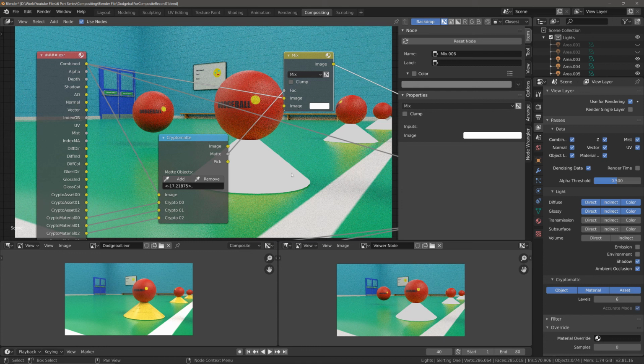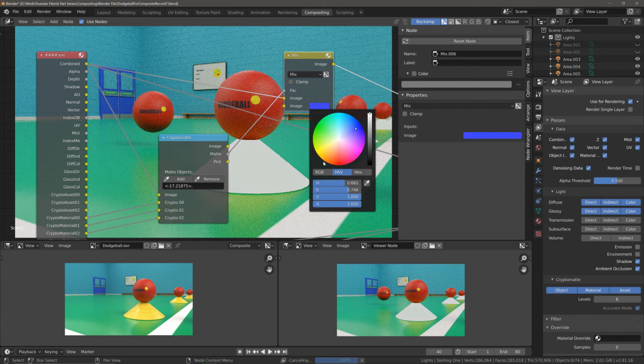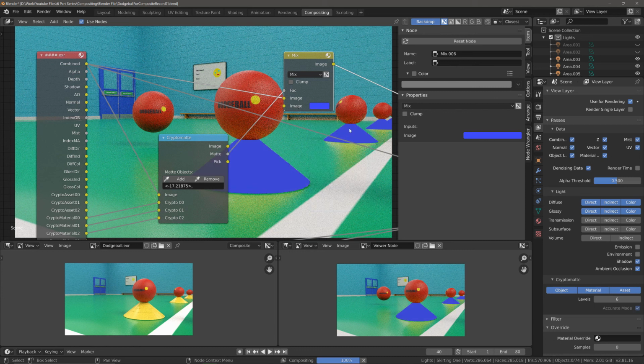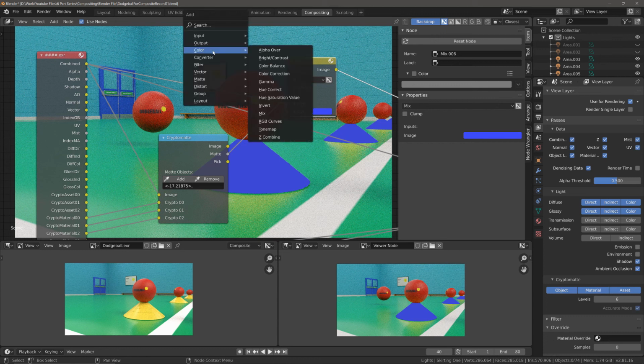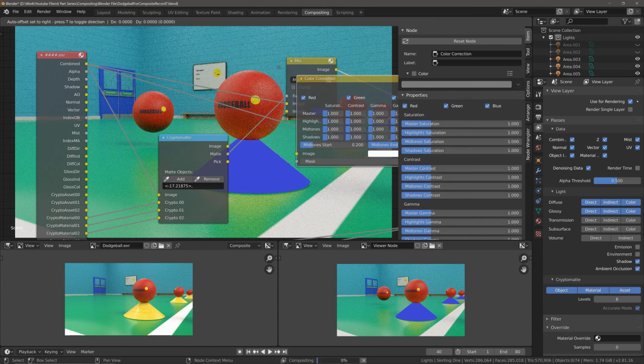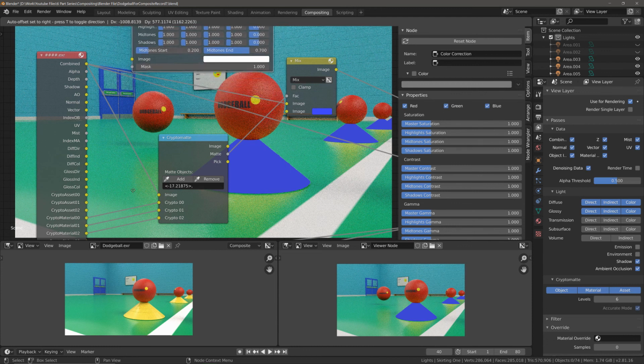So now all of the cones have been given a blank white color. If we left click and change this, let's go to a blue color and let that load up. You can see after a couple of seconds of compositing, the color of the cones changes, but the rest of the scene remains the same. So now we can go into a bit more detail, get a bit more control, and start adding some additional nodes to the setup. For example, maybe we could go with a color correction node